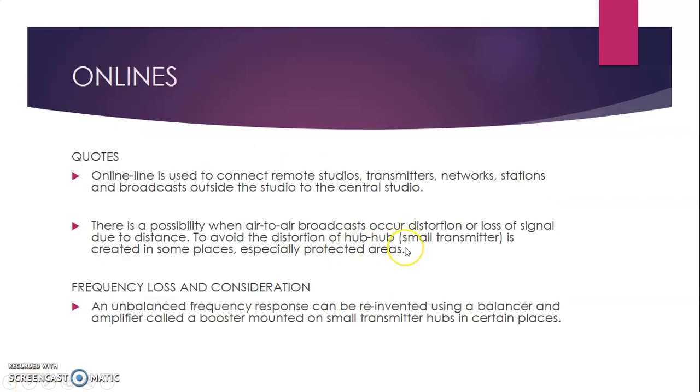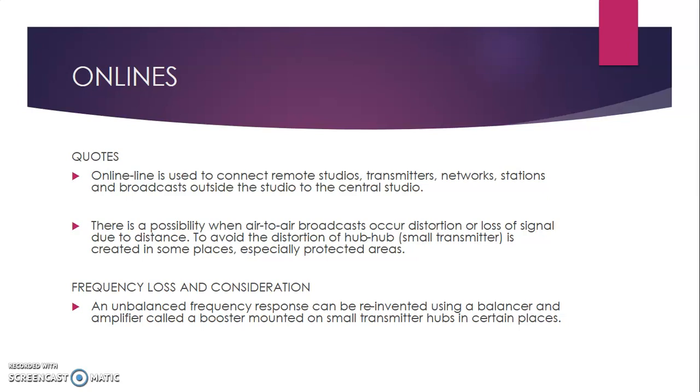Next, online goods. Online is used to connect the remote studio, transmitter, network station, and broadcast outside the studio to the central studio. There is a possibility, when the on-air broadcast occurs, of distortions or loss of signal